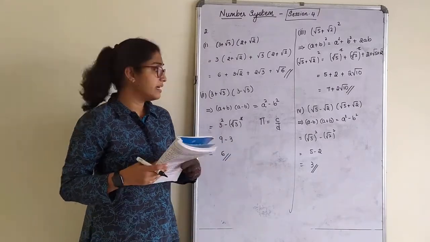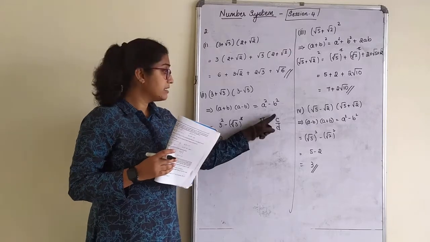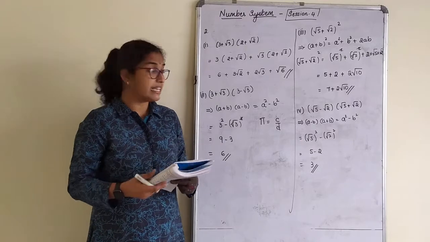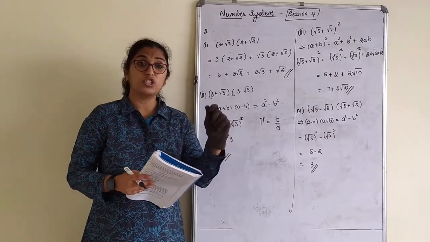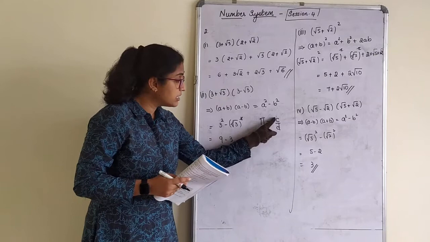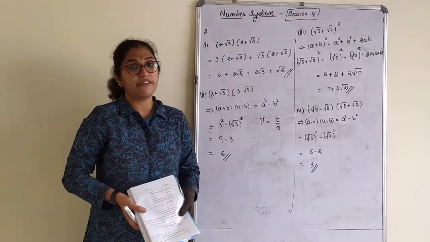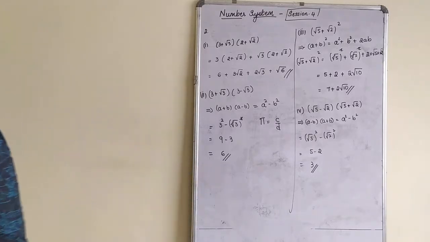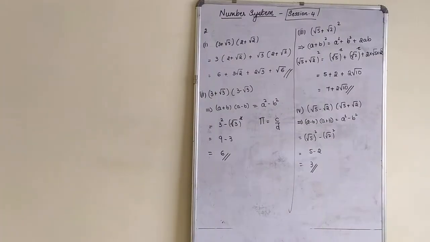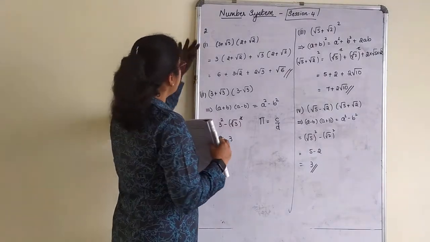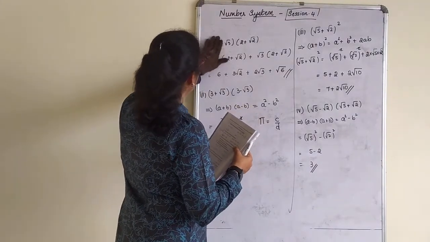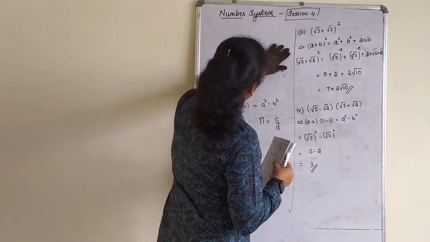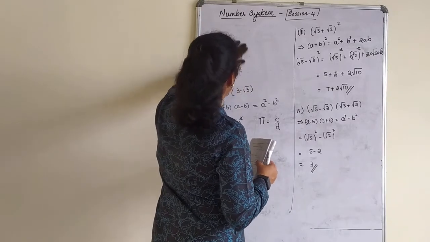So you can just say that there is no contradiction, or the contradiction does not arise, as c and d are irrational. Therefore, pi is irrational. That's all what you can write. So you can write there is no contradiction as c and d is irrational. Hence, pi is irrational.